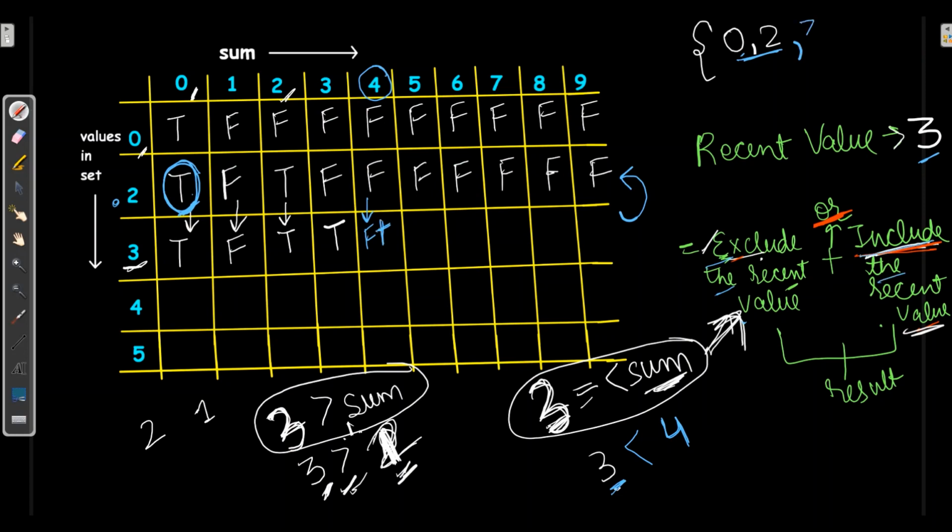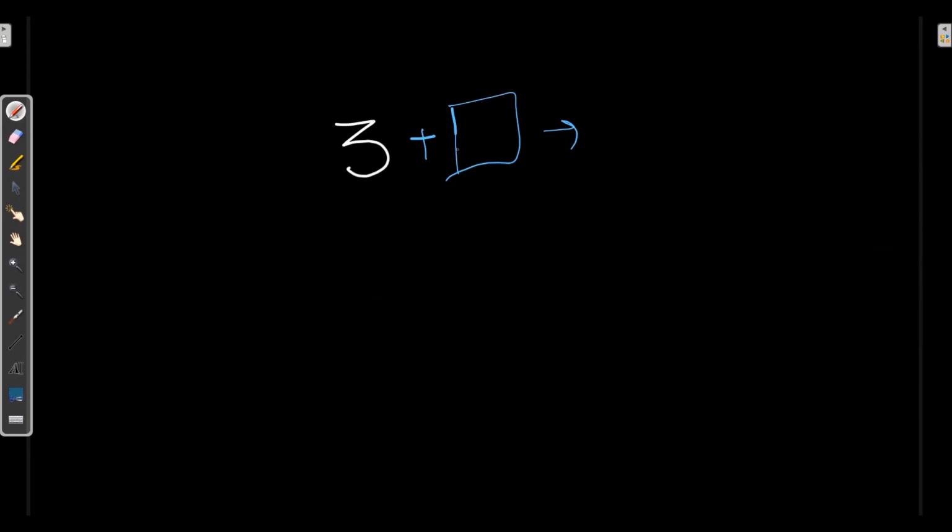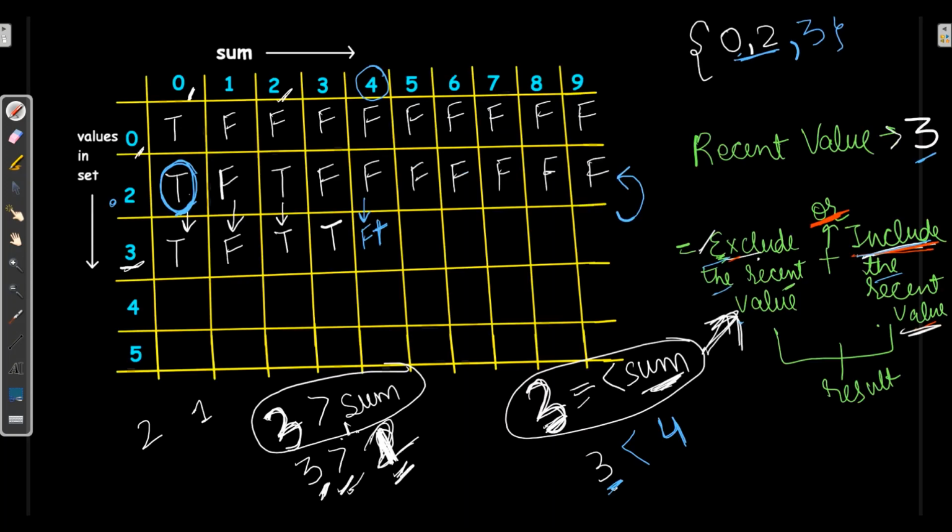So here I will have 3, and here I have 4 sum. So 3 can make 4 only by adding 1. So we will check in the above row on the 1 column, false. False or false makes false.